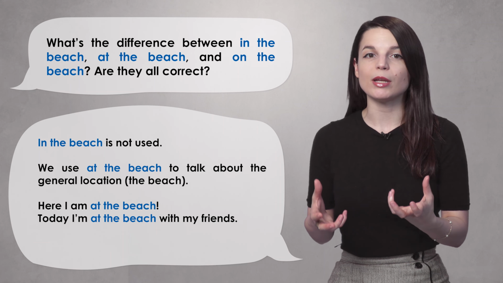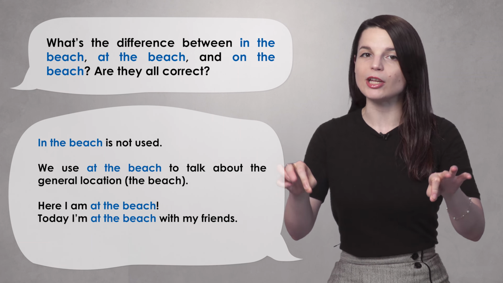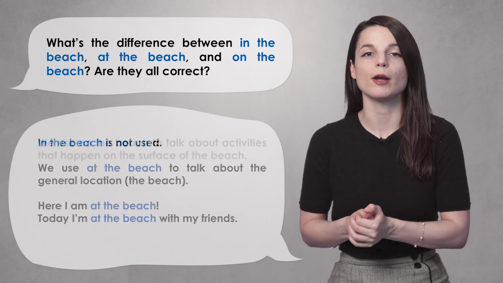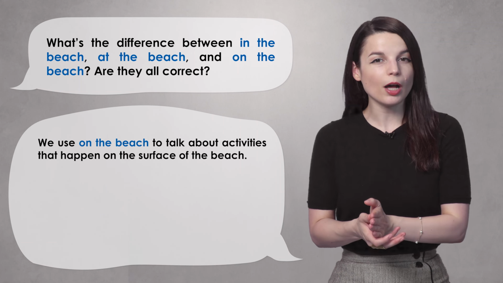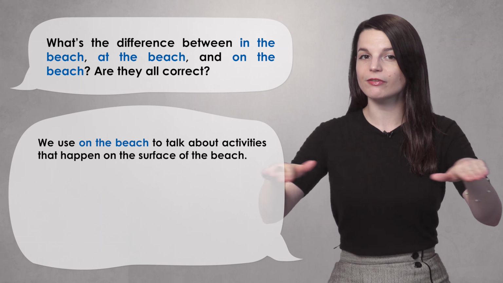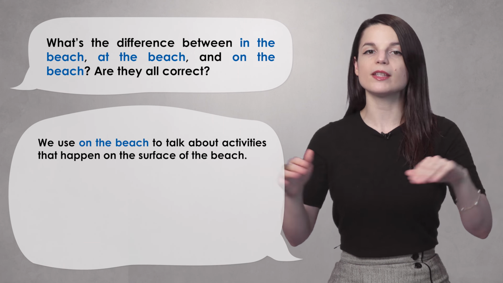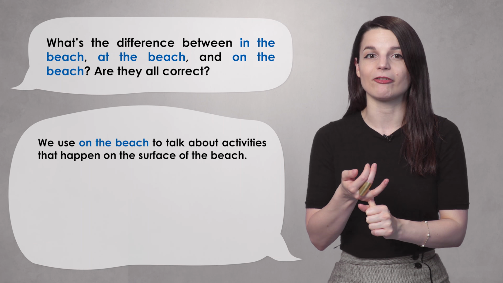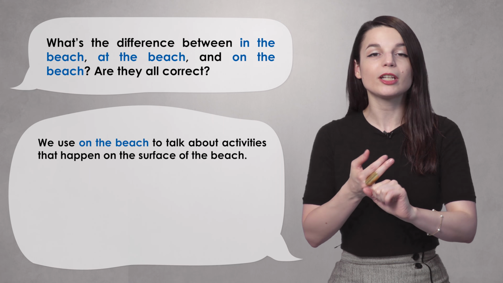We use at the beach to talk about the specific location where something is happening. We had a barbecue at the beach, and so on. On the other hand, we use on the beach to talk about activities that happen on the surface of the beach. So this is activities like lying in the sun to get a tan, for example, or looking for shells